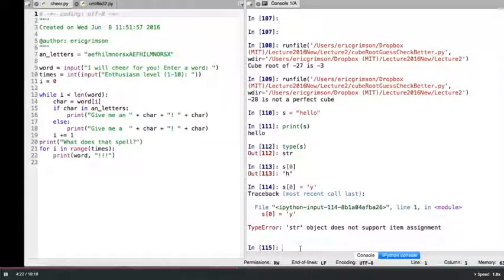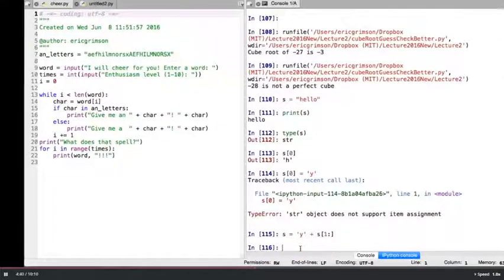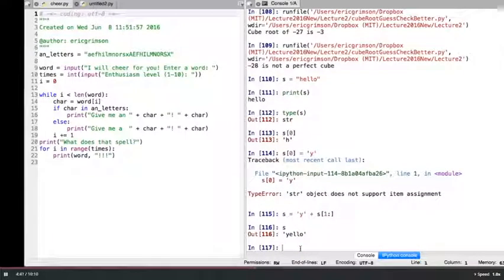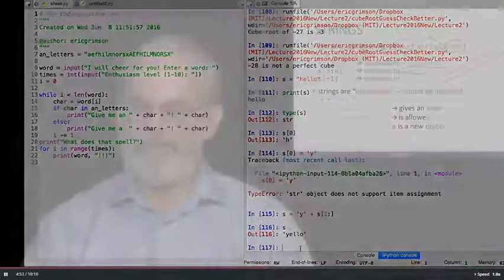I can change it, but I have to redefine S. So I could say, let S be the character Y plus the rest of S starting at 1. And I could, in fact, say until I get to the length of S, or I can just say 1 all the way on to the end. And now, if I look at S, it's yellow. Misspelled for yellow. Point is, I've now changed the definition for S. So I can't change it individually. I have to redefine S. And that's why I say strings are immutable.